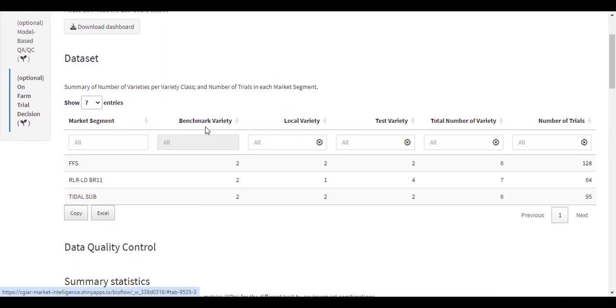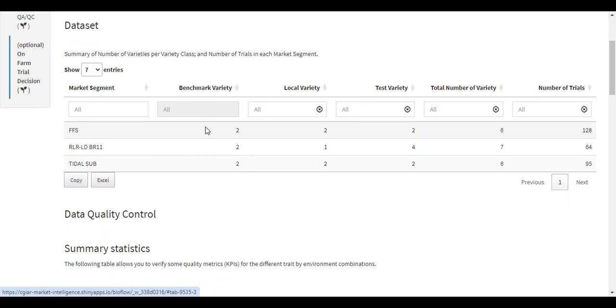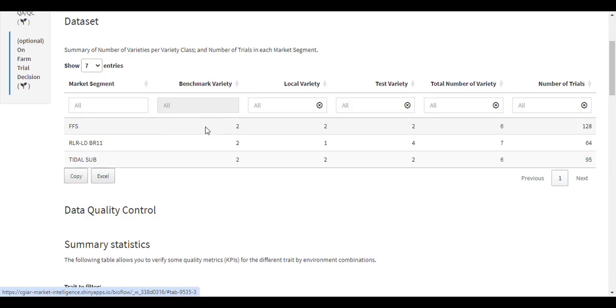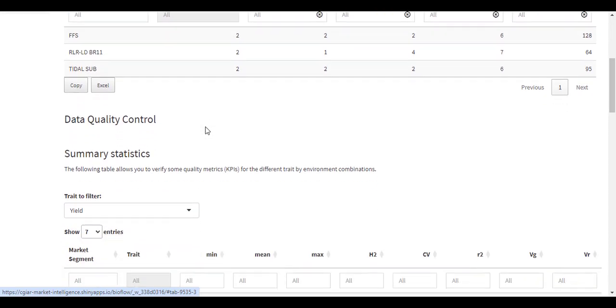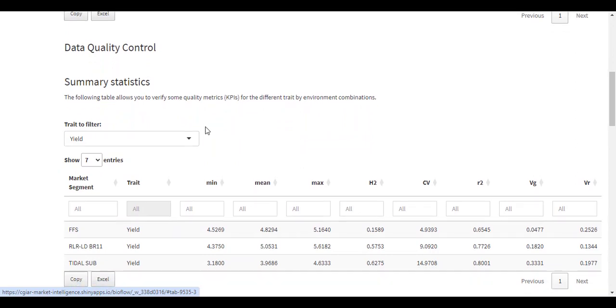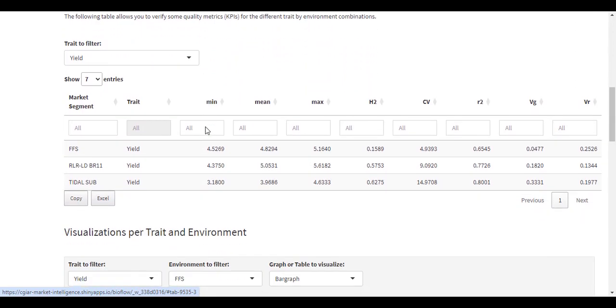In the dashboard, you will be presented with a summary of the number of varieties per variety class and the number of trials in each market segment. You will also be presented with the summary statistics per trait,